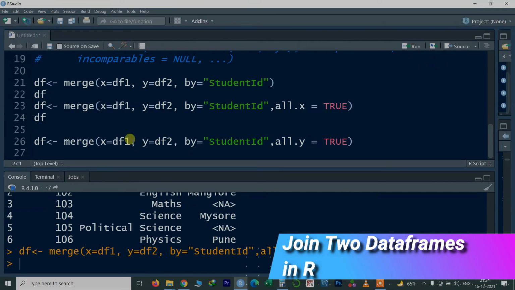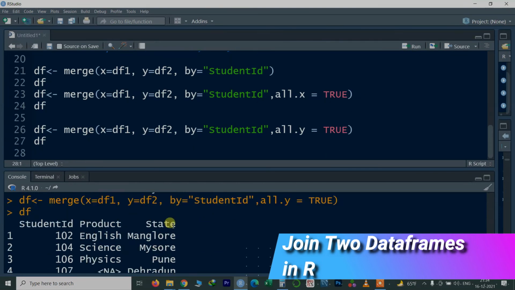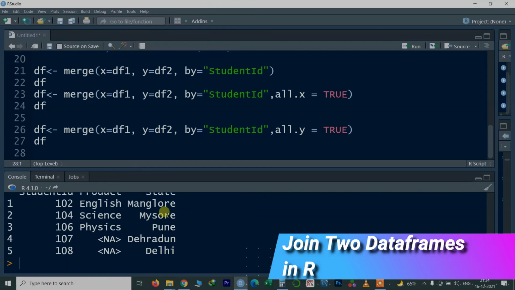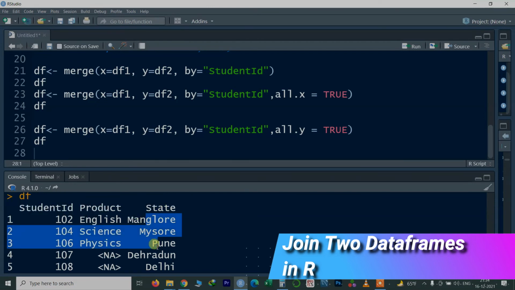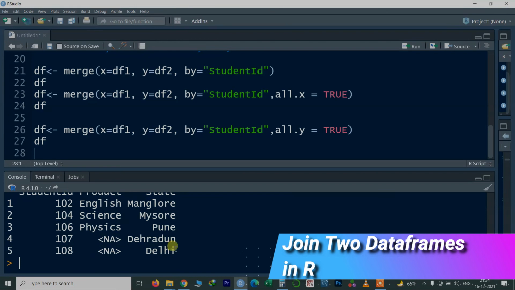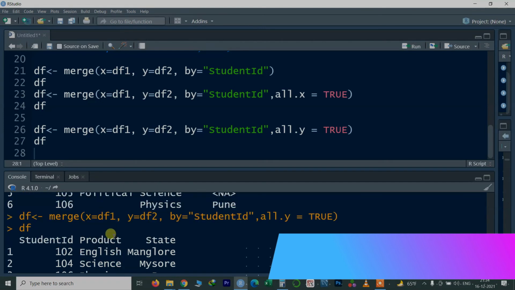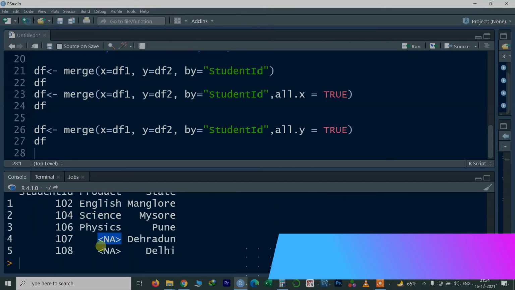If I press df and hit enter, you can see this new data frame contains all the values of data frame 2, whereas for 7 and 8, the product values are NA, because with respect to data frame 1 these values are not available.